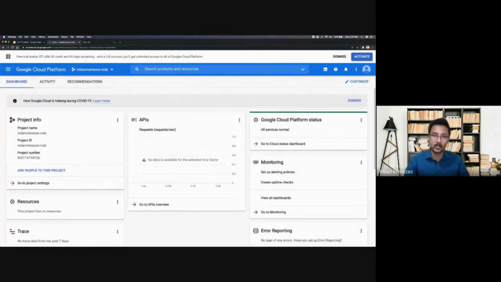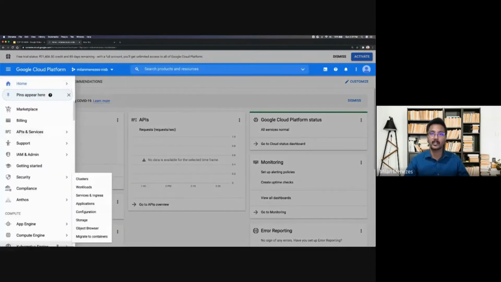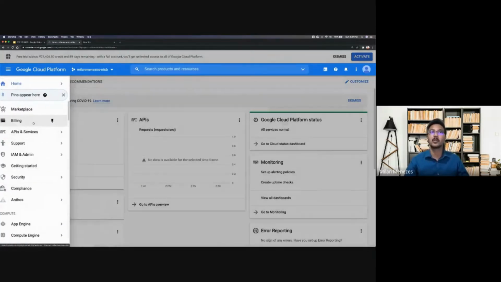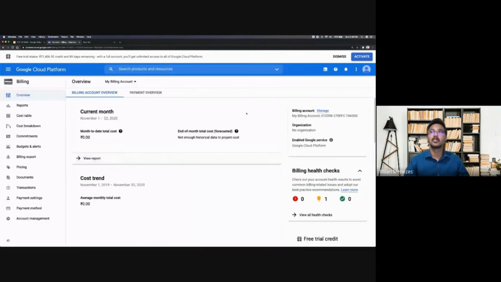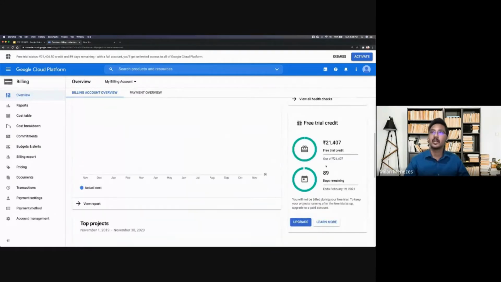There are two ways to navigate between different things on GCP. You could just type the name here to get things, or you could click on this icon, and you will get this bar where you can check things out. I will show this to you with billing. So yeah, when you click on billing, you will have to see this. If you see this, you have the free trial. If you don't see this, you will not have that. In that case,